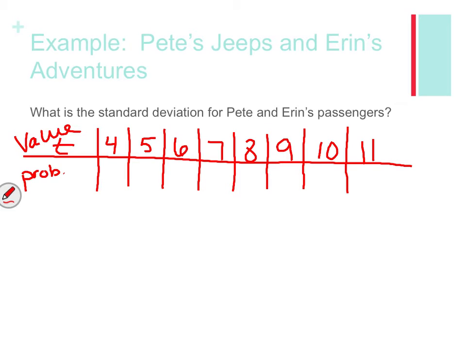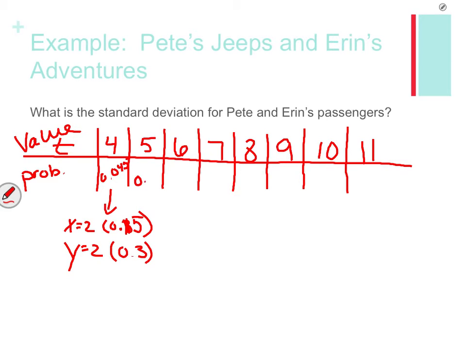So that was the point, I forget what it was, right? So 0.15 for his 2 passengers times 0.3 for her 2 passengers. So 4 passengers would be 0.045. So again, his passengers were 2. That was 0.15. Okay, and she was 2 passengers. That was 0.3. Multiplying them, that's where the probability of 4 passengers came from. Right. So 5 passengers would then be